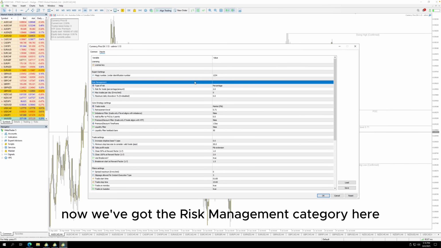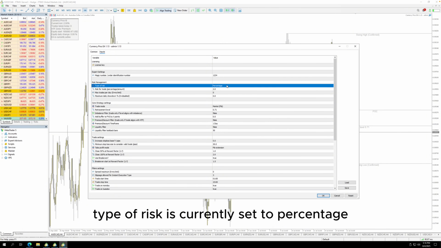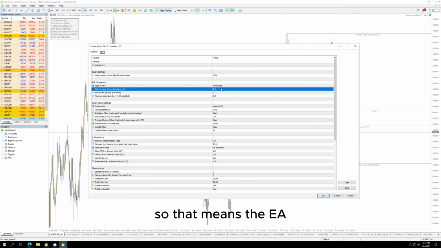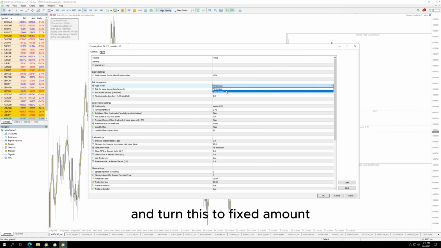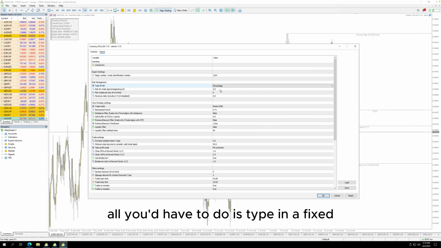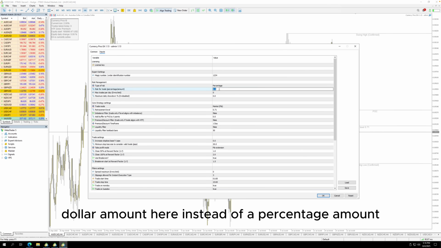Now we've got the risk management category here. Type of risk is currently set to percentage, and my percentage is currently set to 2. So that means the EA will take trades based on 2% risk of my account balance. You can also click the drop-down menu and turn this to fixed amount. If that's the case, all you'd have to do is type in a fixed dollar amount here instead of a